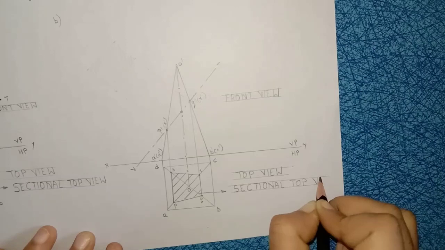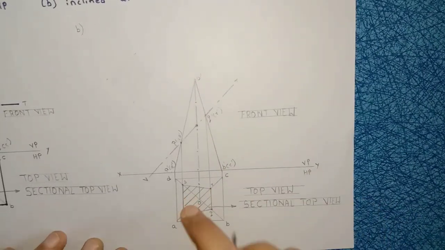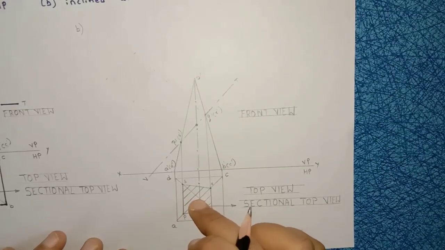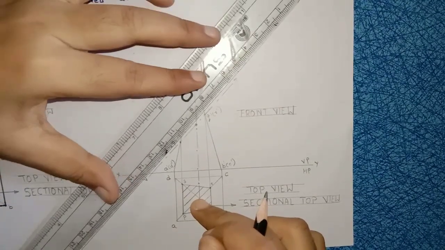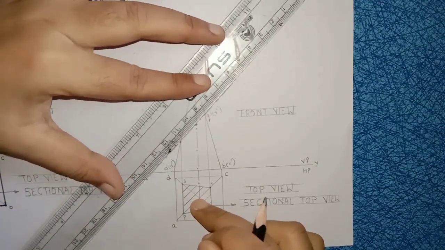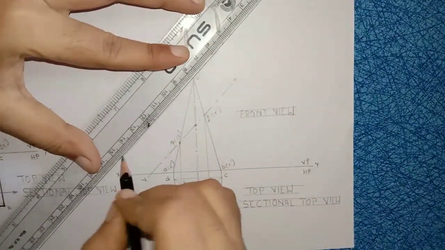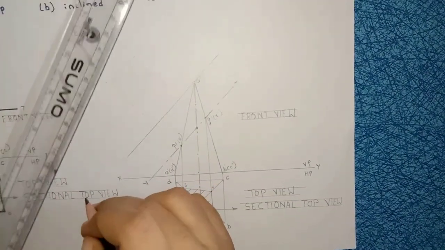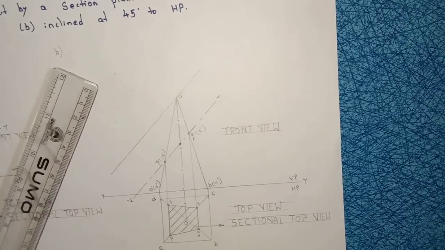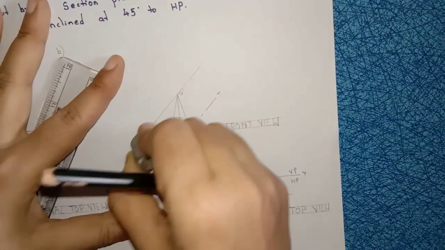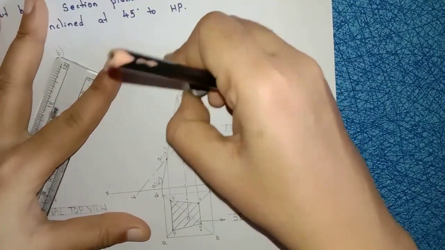Right, so whenever the sectional plane is in inclination position, you should construct the true shape of this one. So how to construct the true shape? With the help of auxiliary views. So exactly parallel to the sectional plane, just move your scale, right? So draw a reference line of any length, but it should not touch this apex point, right? So leave some gap here.